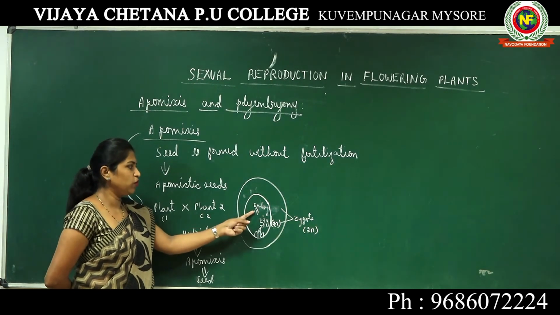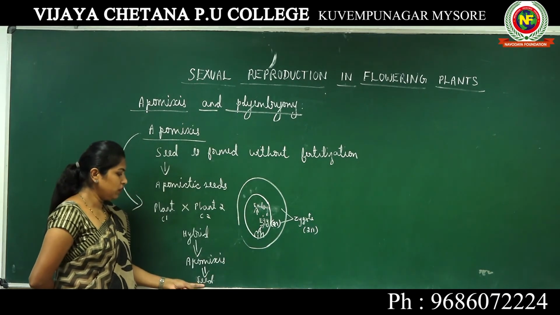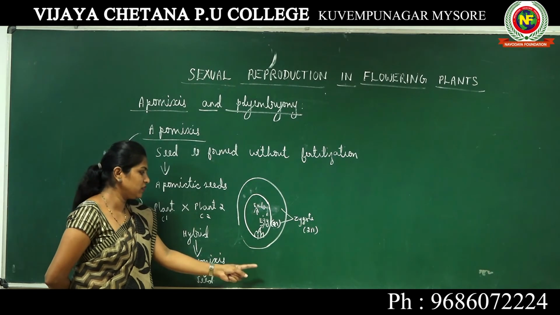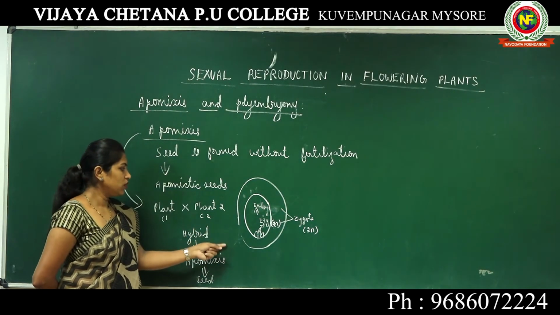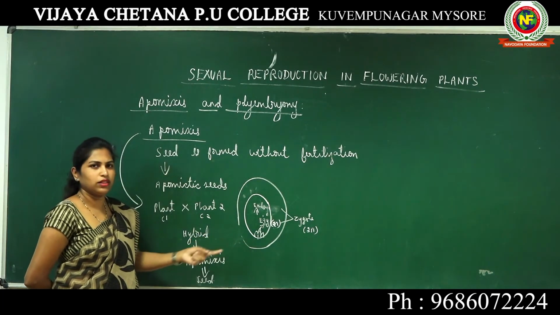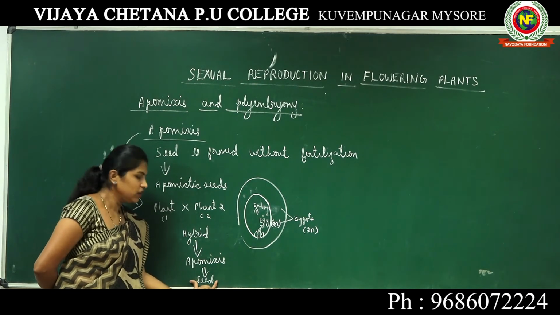When it forms an embryo, when it develops into a new plant, when the seed is formed and the seeds are sown and you get new plants, the plant is exactly the same as the hybrid, because there is no interbreeding or cross pollination or anything happening. The hybrid plant's character will be directly transferred to the seed.